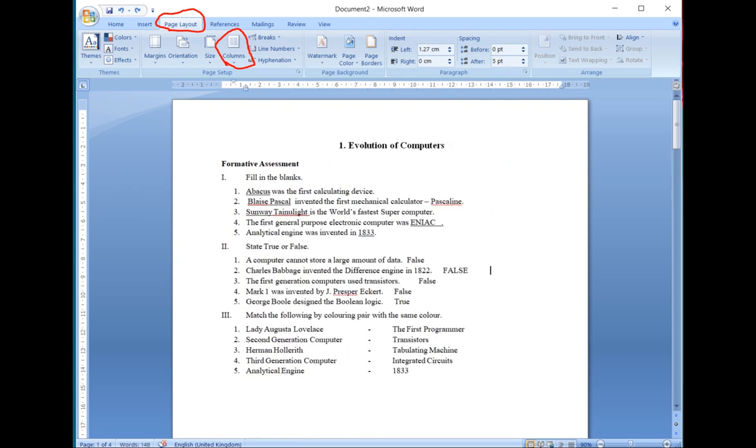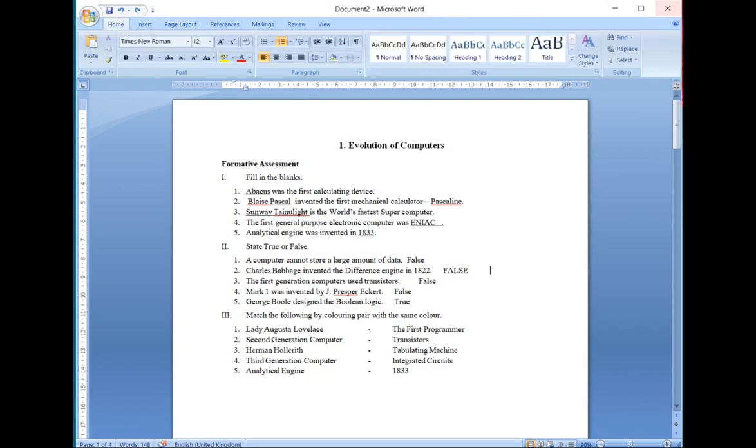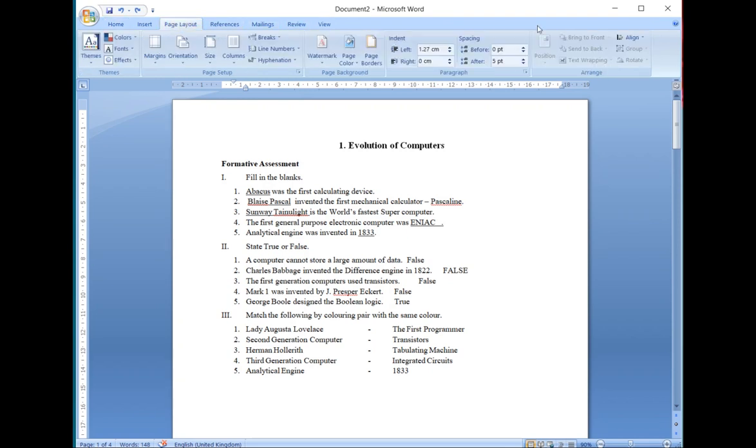So this way you are going to add columns into your Word file. Let me explain one more time how to draw the columns or how to insert the column breaks. First of all, you have to go and click on the page layout. Where is my page layout?